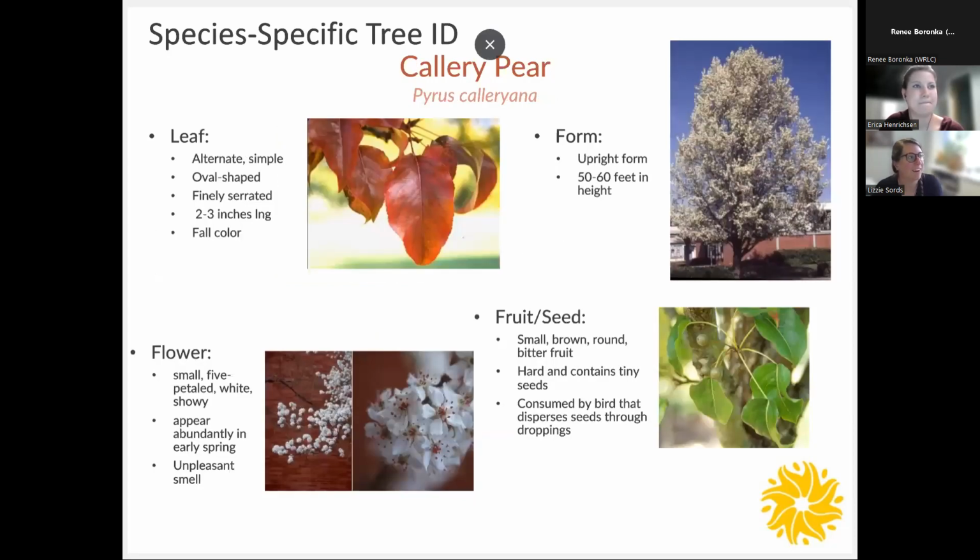All right, thanks, Erica. So this one is a tree that is pretty notorious, and actually we have just banned the sale of them in Ohio, which is great, but they are still really common in our urban environment. So it's worth it to go over them. Our Callery pear. So Callery pears have a really upright form, really narrow branch angles that lead to that upright form, dark bark,